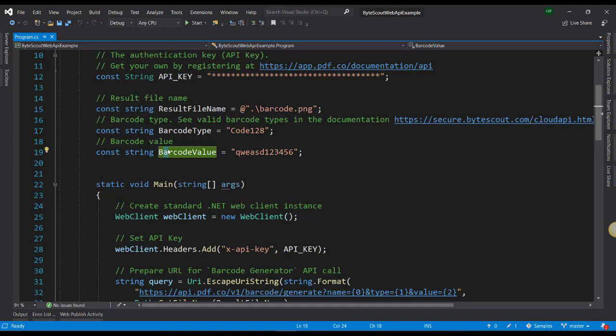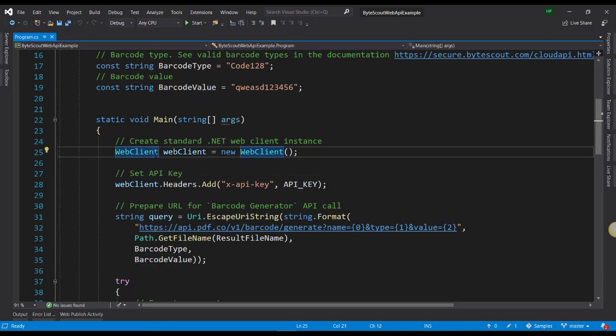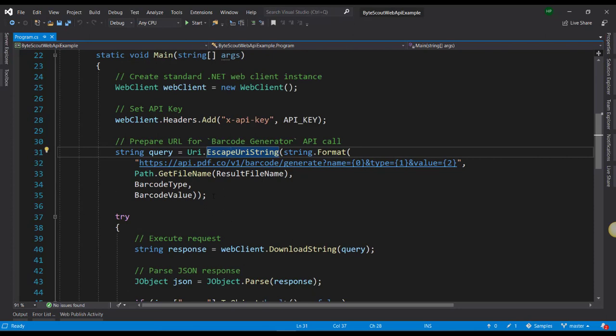We are providing some barcode values here while generating the request. We are first creating the object of the web client. We are setting the header API key with our API key, and we are generating the query string here with the parameters of name, type, and value.